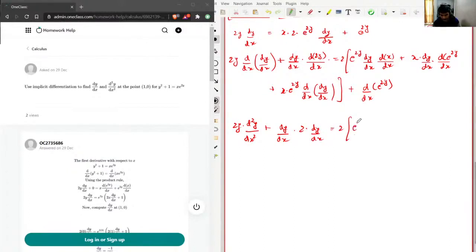So we have dy by dx, and the differentiation of x is 1, plus again x times dy by dx, and this will be 2 times dy by dx, and then plus x e power 2y d square y by dx square, and then plus 2 times e power 2y